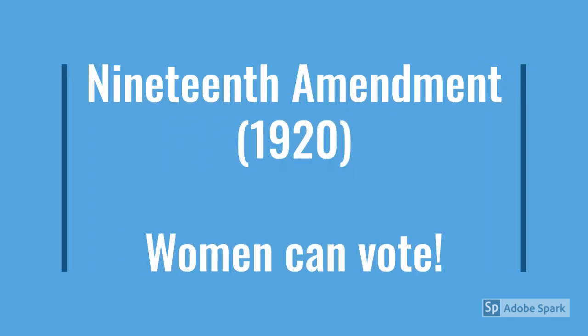With all of the efforts of the suffragettes in the national women's suffrage movement came the passage of the 19th Amendment in 1920. So women gained the right to vote. However, in the South, Black women still could not vote until the 1960s, with the efforts of the civil rights movement of that time. But this was at least, once again, the foundation for what would come to full suffrage later in history.